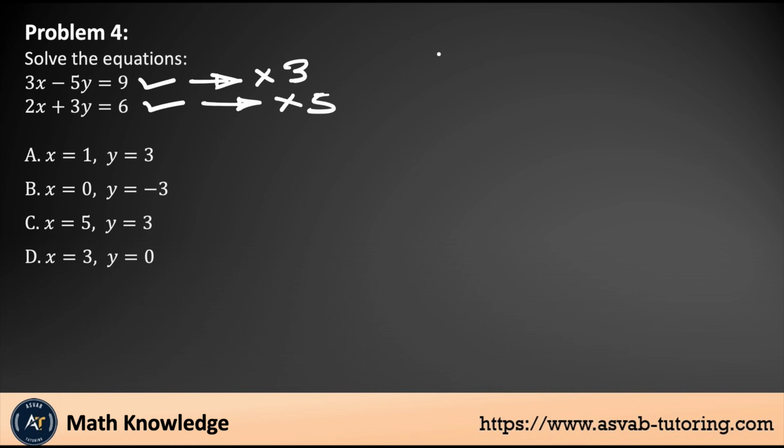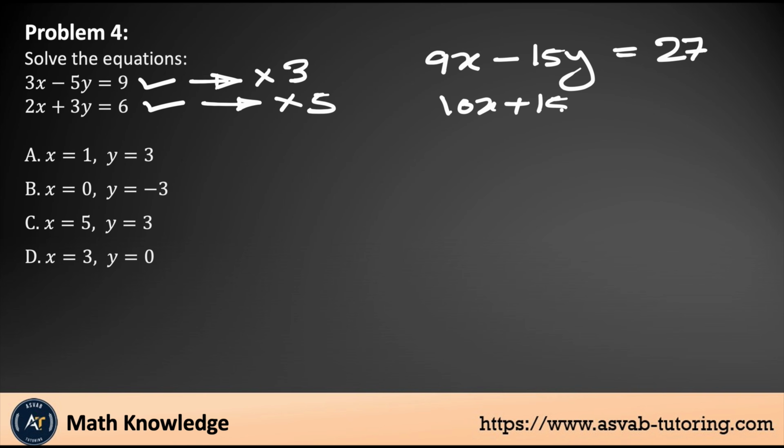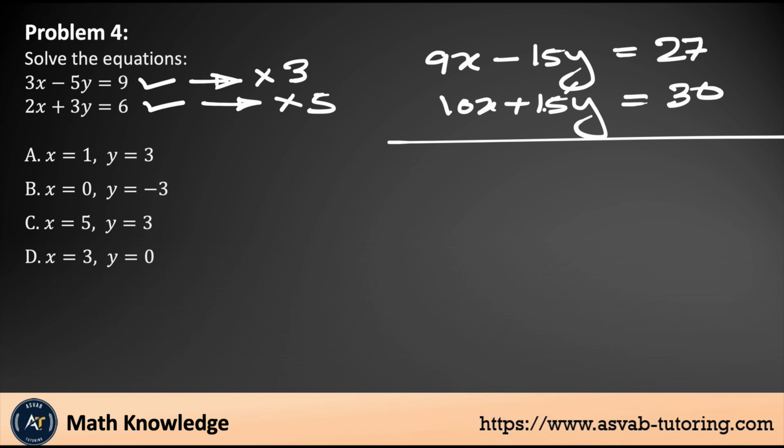That gives you 3 times 3 is 9x minus 3 times 5 is 15y equal to 3 times 9 is 27. The second equation gives you 5 times 2 is 10x plus 15y equal to 5 times 6 is 30. So now if you combine them, the y cancels out, right? So that gives you